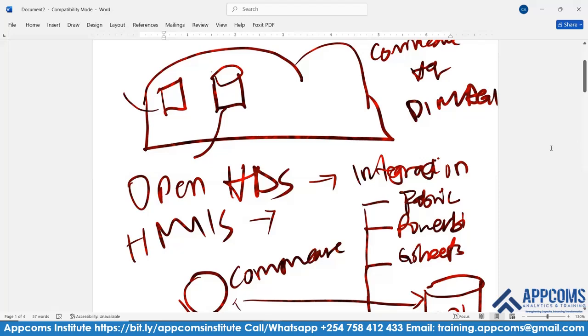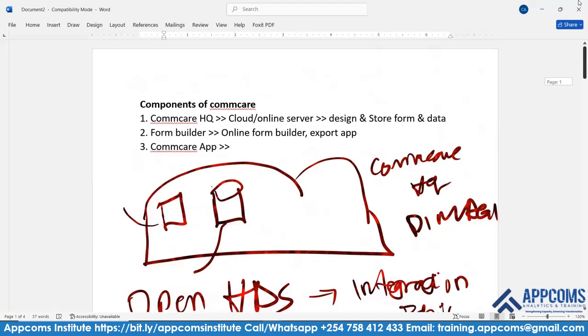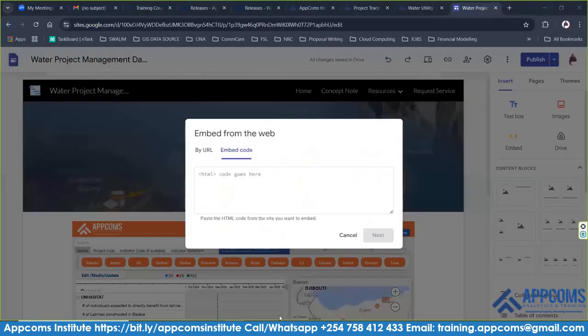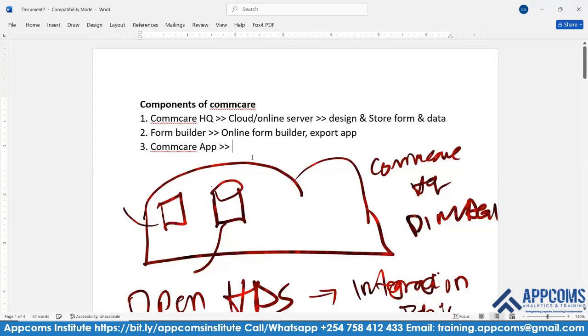The second thing is your form builder, and then the CommCare app. For the CommCare app, we have two ways. You have the web, and we have